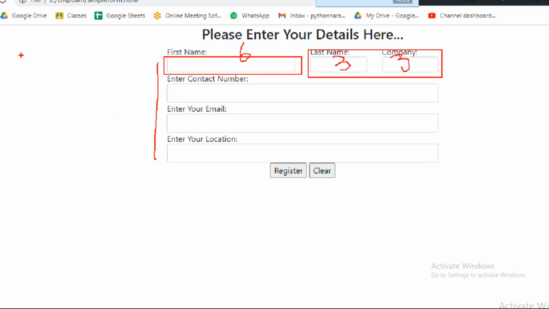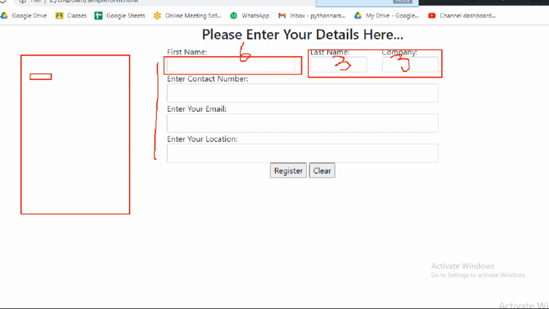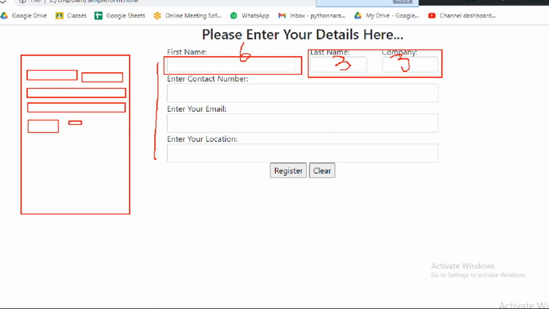Sometimes we see forms like first name, last name, then mobile number, email ID, username, password, something like this. They are created by taking rows and columns in containers. Take the Facebook registration form, for example.